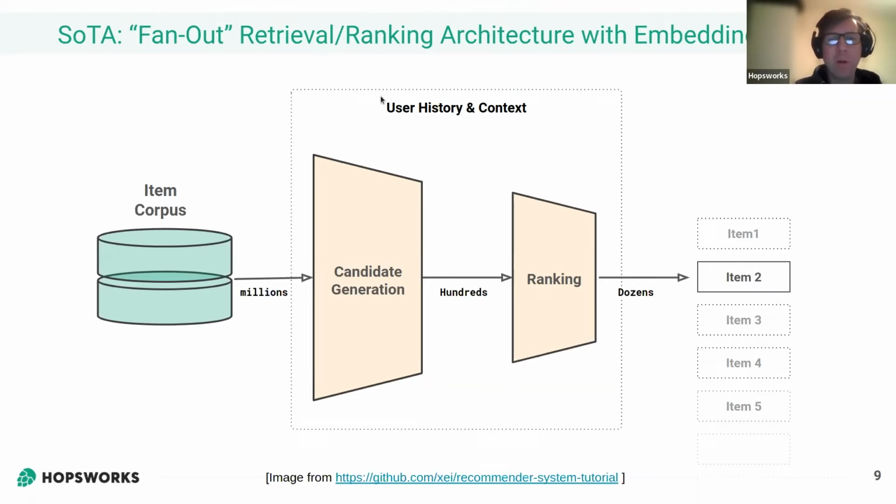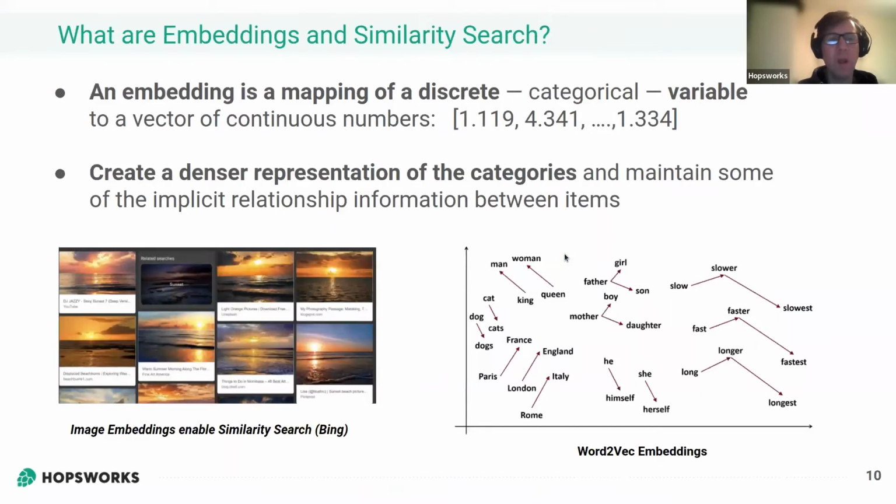And in general, we're not just using the user's history, but also the context of what's cool right now. So ultimately, you're going to recommend maybe a few dozen at most items to a user. And that's basically the architecture that we're looking at today. It's going to be built on something called embeddings, and we'll try and define embedding to make this clear